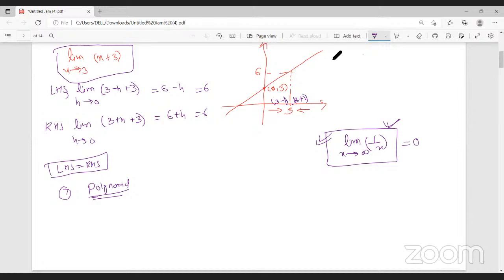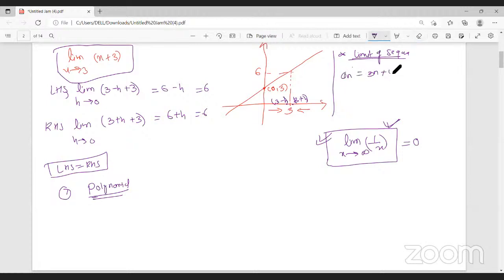So what is the limit of sequences here? Same thing is there, right? Let's say a_n equals